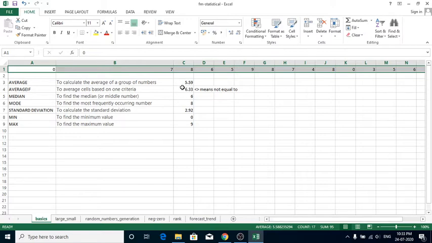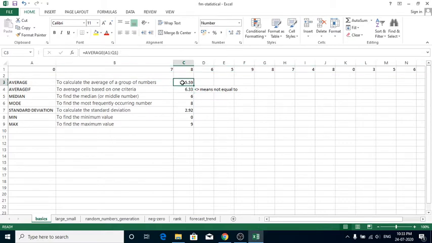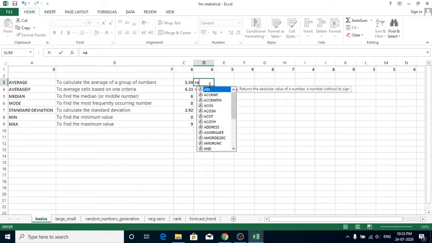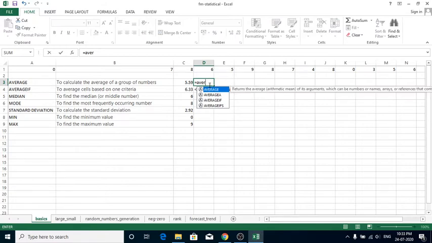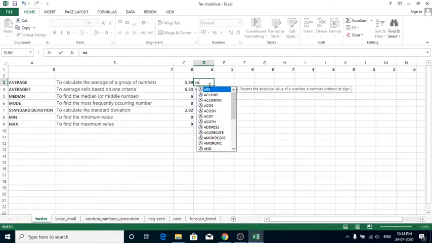Apply this shortcut while using functions like this: equals AVERAGE. You can also press Tab to select the function. When I press A, Excel will list out all the functions which begin with A.